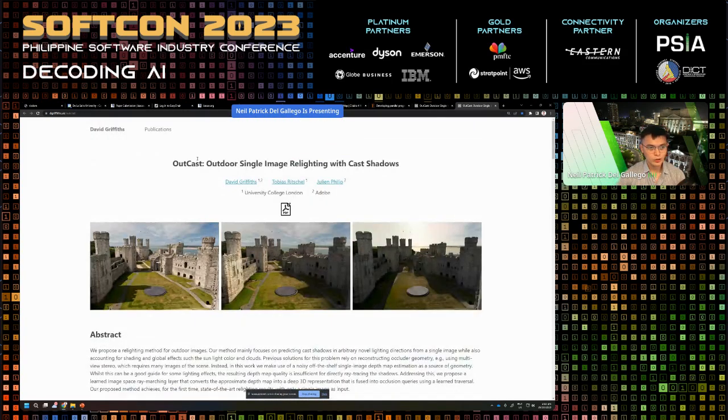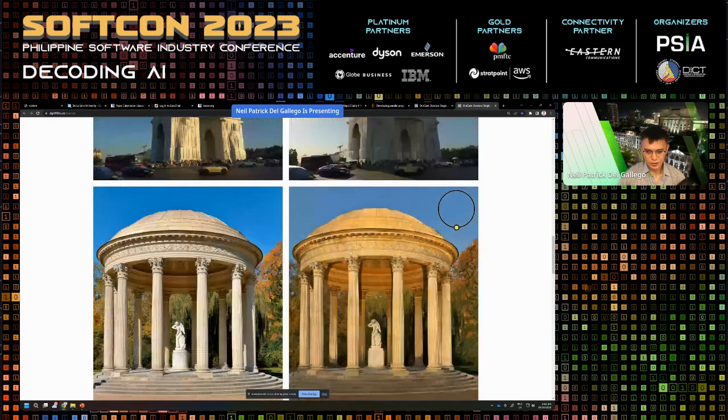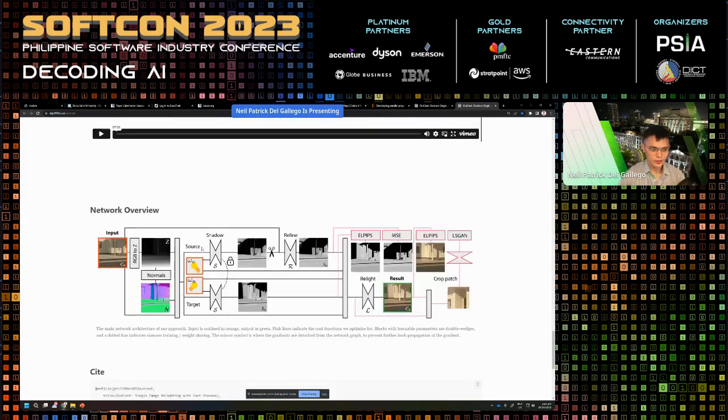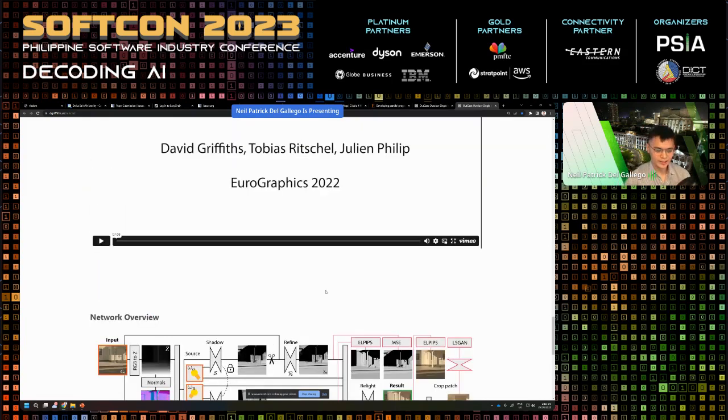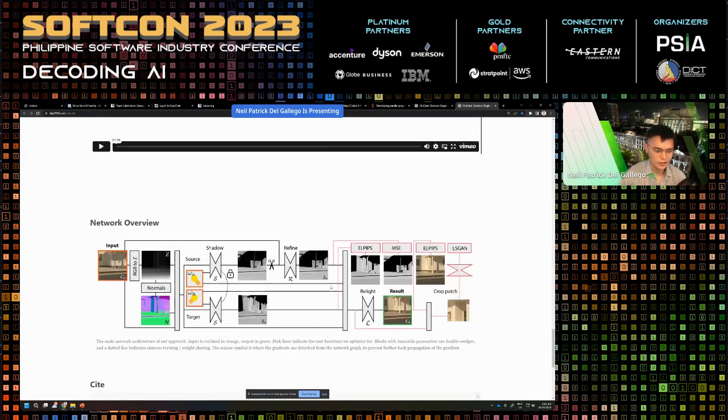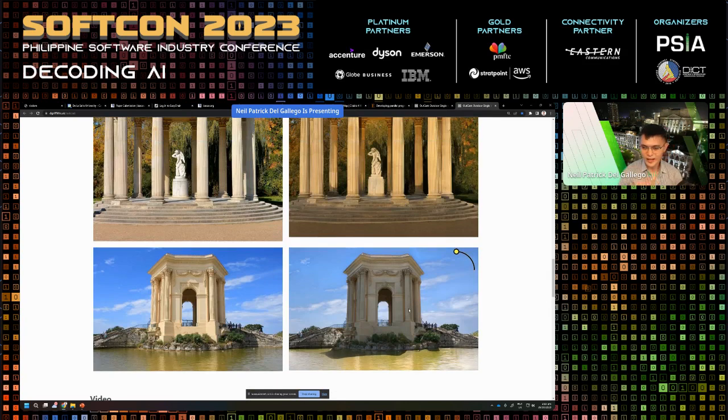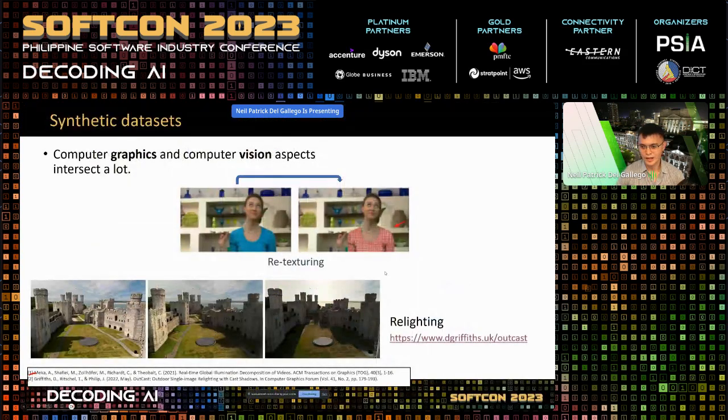So it's called Outcast, outdoor single image relighting with cast shadow. So works from University College London and Adobe. So ayan, so in their architecture, they're also using synthetic data. So inaral nila paano yung light sa computer graphics and how it actually works in the real world. Surprisingly, pareho sila sa phenomenon ng real-world light transport. And it allows you to do these kinds of things. Ayan. Okay? So going back to our slides,